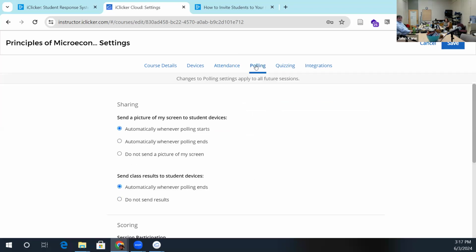Okay, so then the next thing is the polling. Now, this is what's shared to the app, whether it's a web app or whether it's on their phones. Basically, what happens when you use iClicker is it will capture whatever is on the screen that is being used for the display of the questions. You put the questions typically in PowerPoint or Google Slides or just on your screen, and then you activate the question. When you automatically share a picture of the screen to student devices when polling starts, it will show them the question both on the screen they're facing or on the Zoom screen if they're coming in over Zoom and